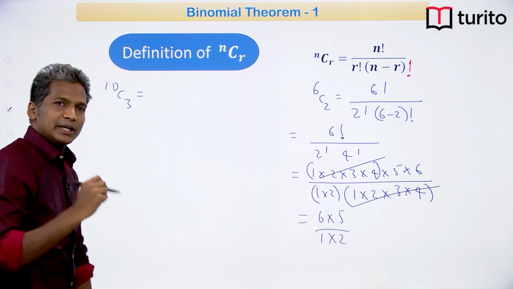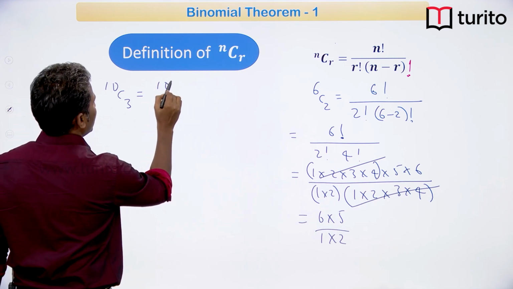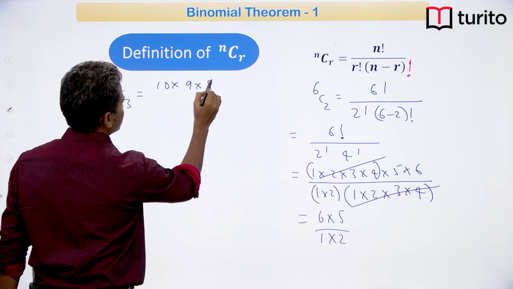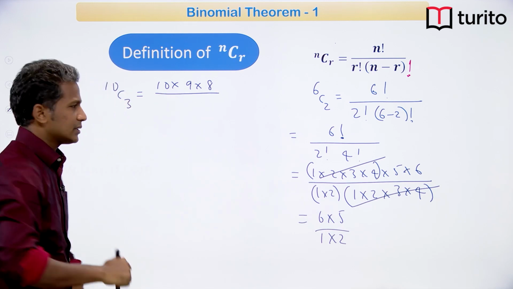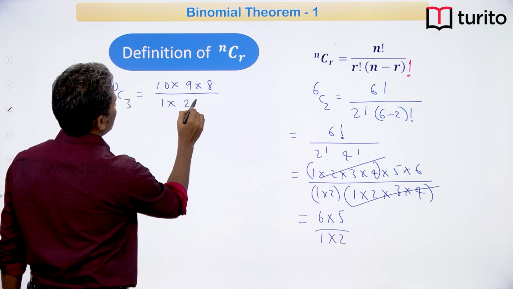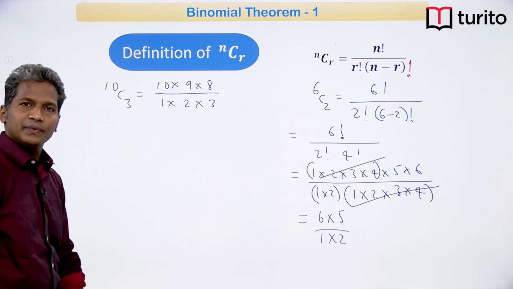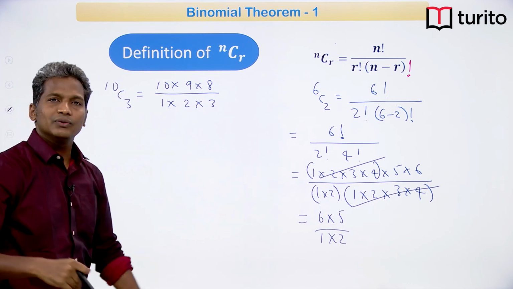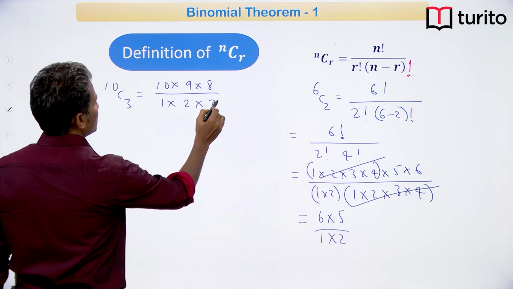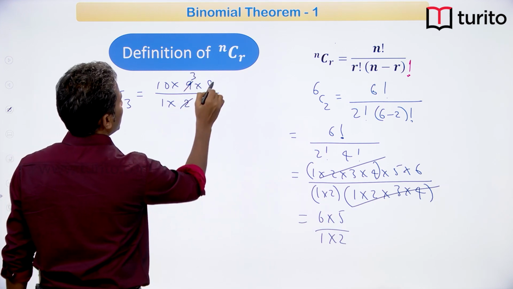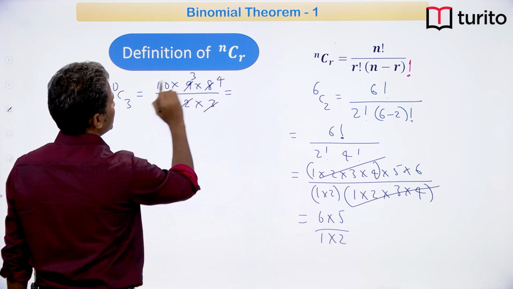So 10C3 can be written like this. Starting from 10, take only 3 numbers, and then divide that with 3 factorial. Now if you simplify, you will get the final value required. So when we cancel out 3 here and 2 also here, we will get 3 into 4 into 10,